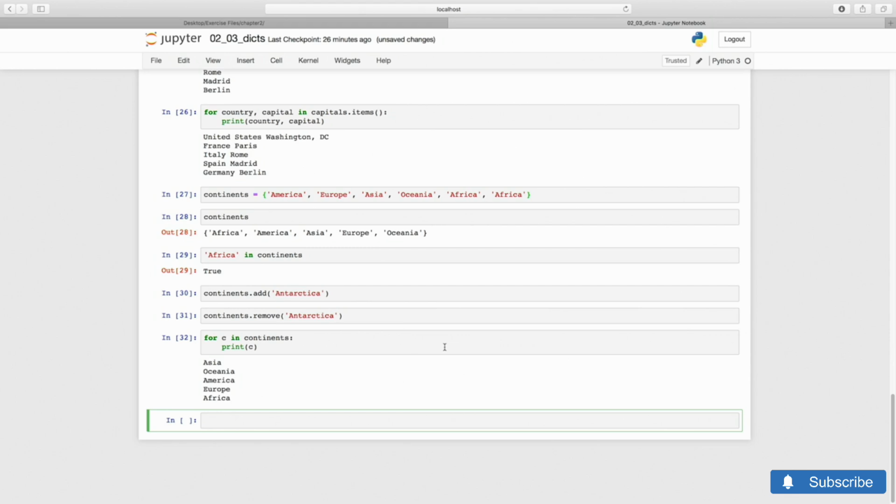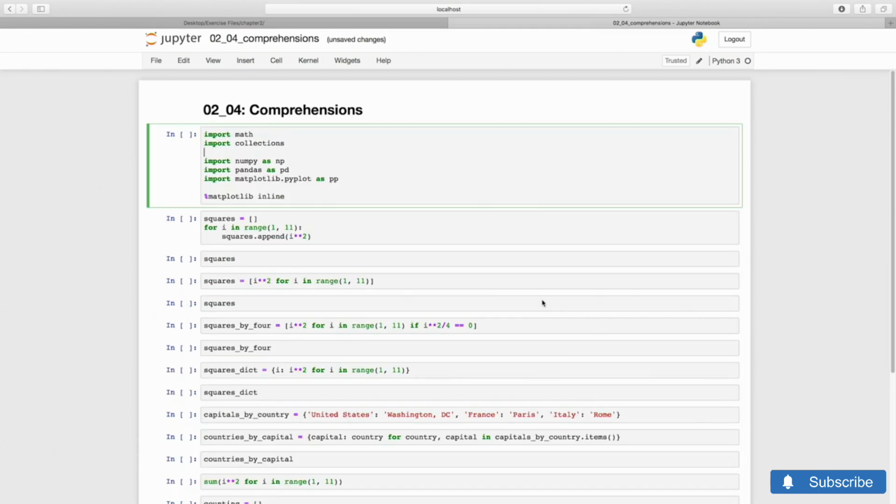Sets, and especially dicts, are very important in Python, since they underlie many aspects of the language itself. For instance, the methods and attributes of classes are stored internally in dicts. And a dict key-based interface is also used in many third-party packages, including Pandas. So it's very good to become familiar with them.